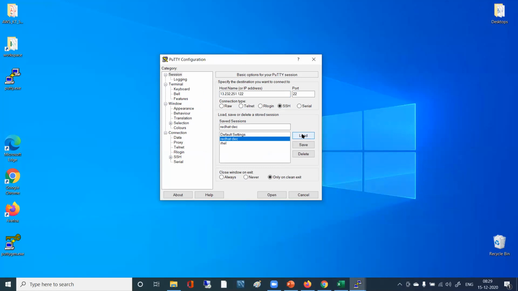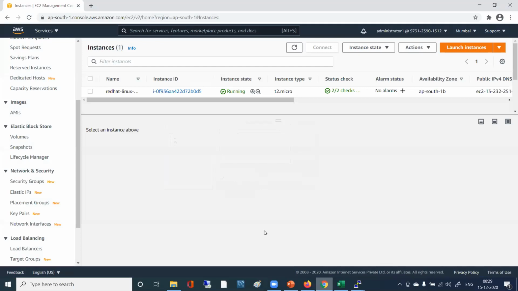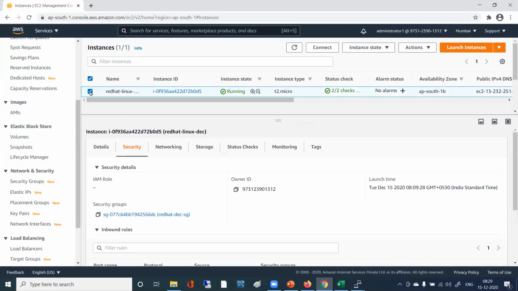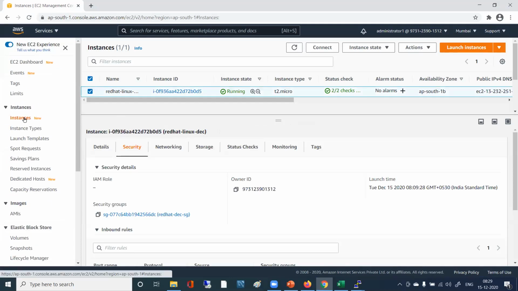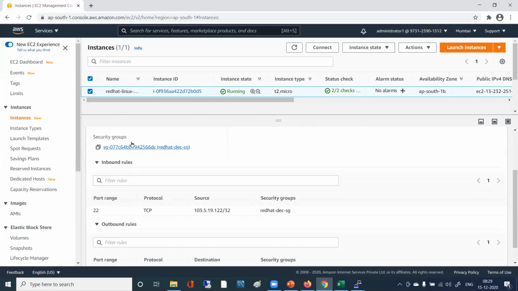Okay. So where do we need to change? So for you also validate where the problem is. You can have different types of issues related to security groups. So you just go and choose your Linux instance. Just go to that instance. And you choose that, go to the security tab and you see what is there.